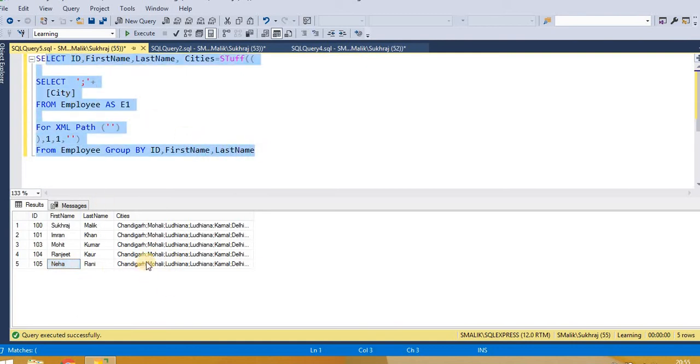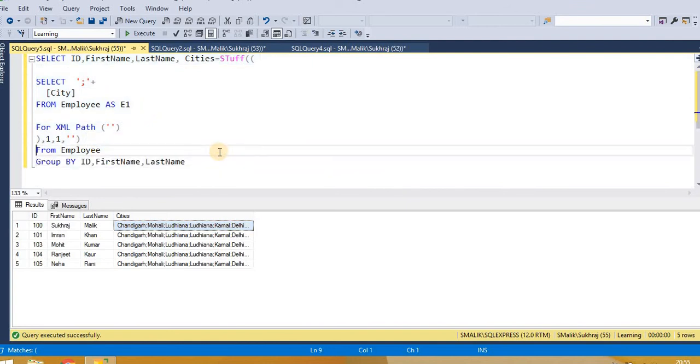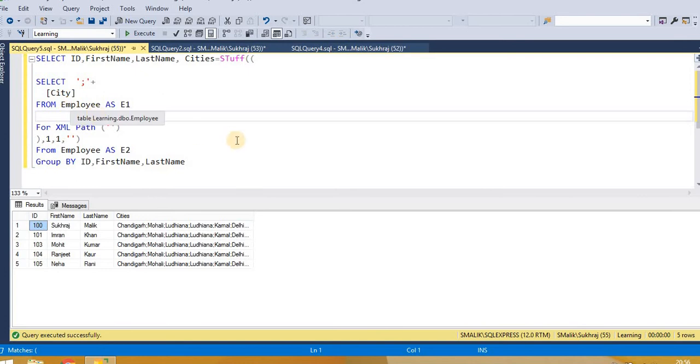Still our result is not there, because for Sukhraj it's worked only in Chandigarh and Mohali, not other cities. So for that we alias the outer table as E2. Now we tell the inner query to only pick cities where this ID matches with the outer table.